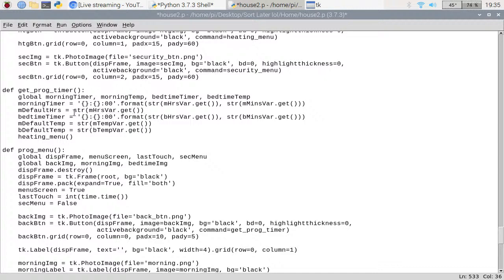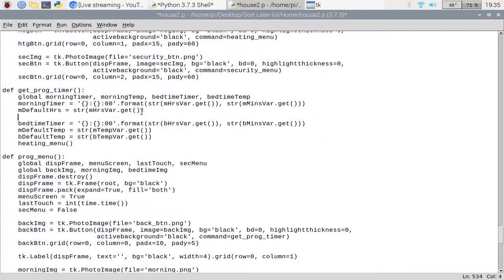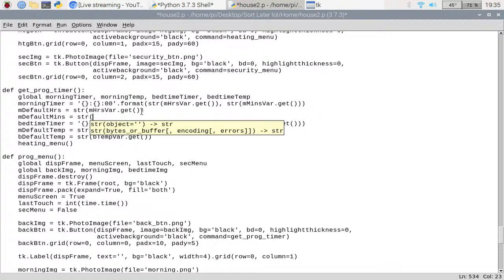So we want that to be there, and then we want the M default mins equal to string, just to be on the safe side. M default mins